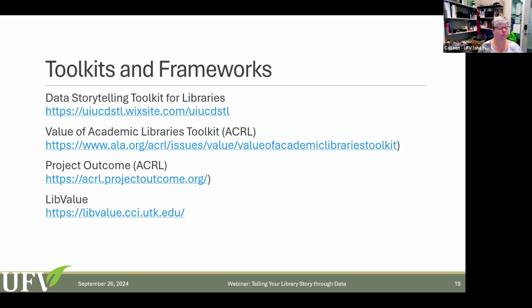And then more recently, they've created this project, Project Outcome, which actually is modeled on a public library project. The Public Library Association in the United States created this project called Project Outcome, and then ACRL adapted it for academic libraries. Basically it's a set of tools, so it has survey templates. It's available to anyone who wants to use it. You just have to sign up.